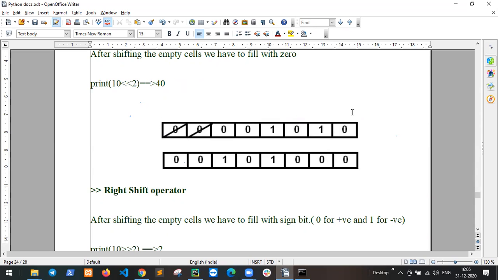To convert 10 from decimal to binary, the place values are 0 means 0 and 1 means 2, then 2, 4, 8, 16, 32, 64, and 128. You know decimal to binary conversion.